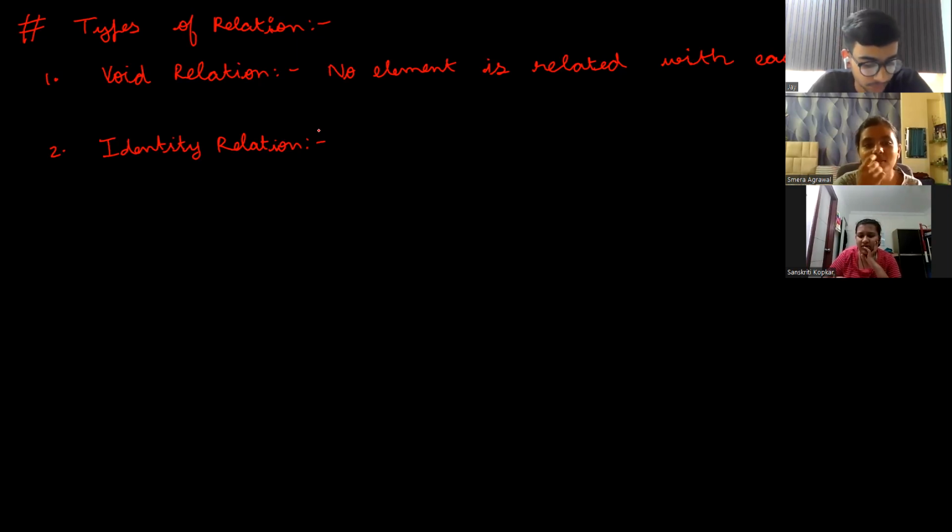Or like, everything is connected to the same element. Right, everything connected to itself is an identity relation. Sanskriti connected to Sanskriti, Smera connected to Smera. That is identity relation. So R is an